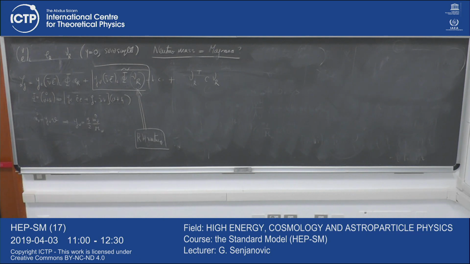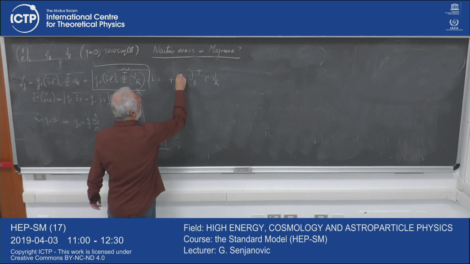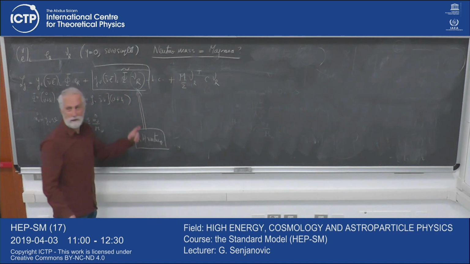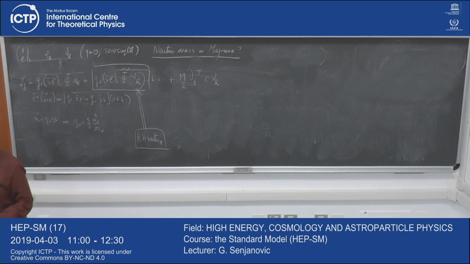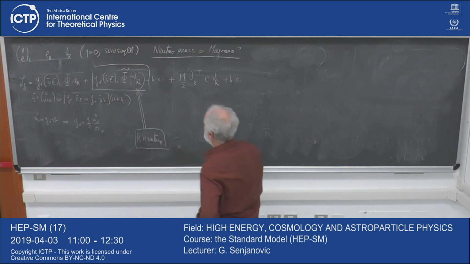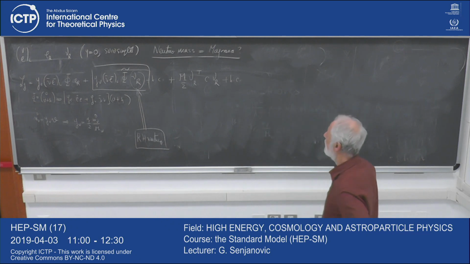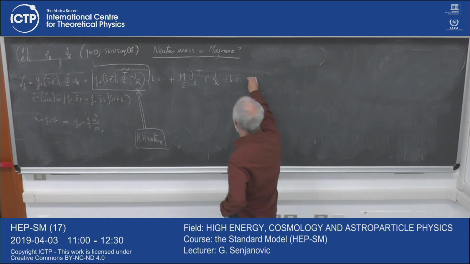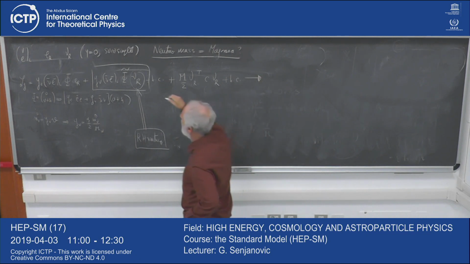Because it's neutral, we can write this, right? Yes. I should write it according to the rules of the game that I kept stressing: write down all the invariant interactions. Remember that there was actually a Majorana mass, there should be M over 2 Majorana mass. We've learned that from the first model. That should be there. So see, from this interaction here,